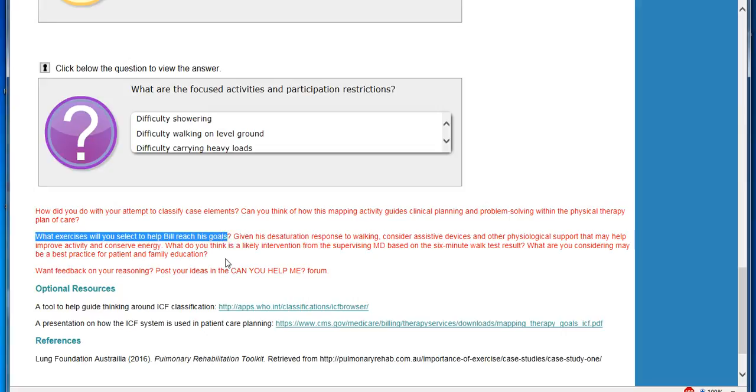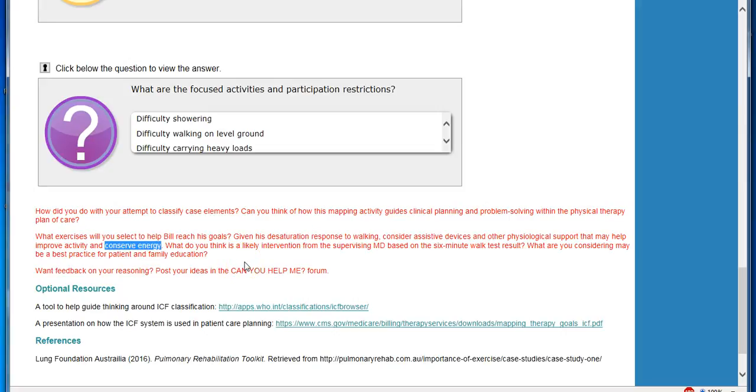And I guess more correctly, what exercises and interventions, assuming they're all available in the plan of care, will you select to help Bill reach his goals, improve his activity, decrease his restrictions for participation? And then also consider this, given that he desaturates, his oxygen levels go down when he's walking, what will you consider that would potentially improve his activity and work within the scope of practice where we really are trying to